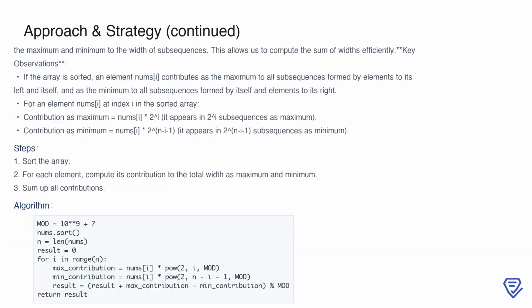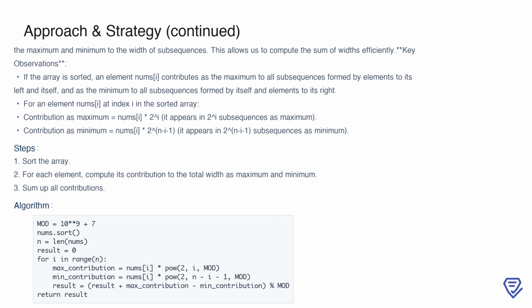efficiently. The optimized approach focuses on determining how each element of the array contributes as both the maximum and minimum across all subsequences. Here's the key insight: if we sort the array, we can compute these contributions without explicitly generating subsequences. For an element at index i in the sorted array, it contributes as the maximum in all subsequences formed by itself and the elements to its left, and as the minimum in all subsequences formed by itself and the